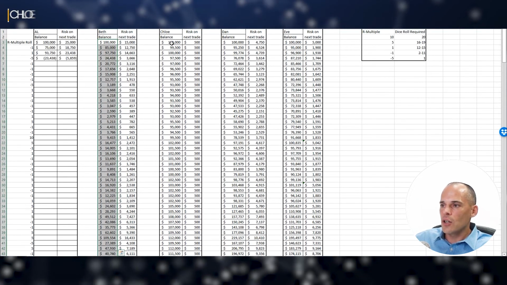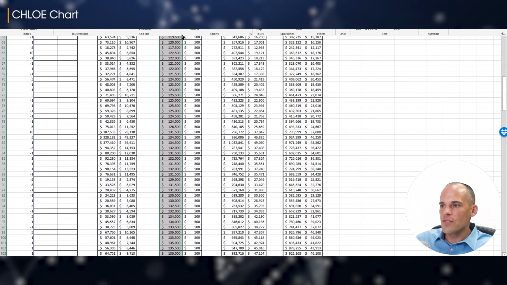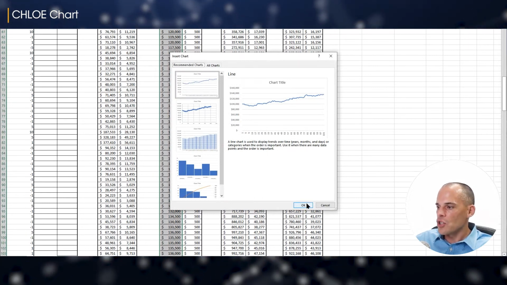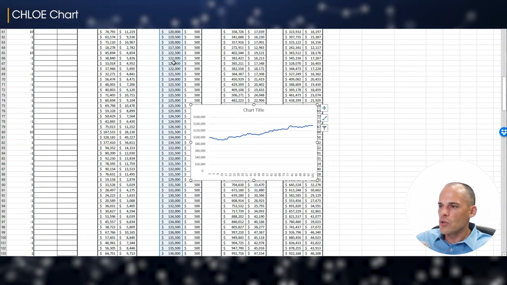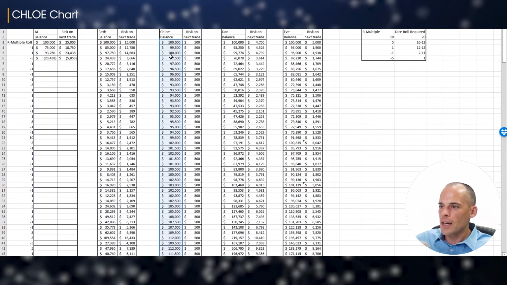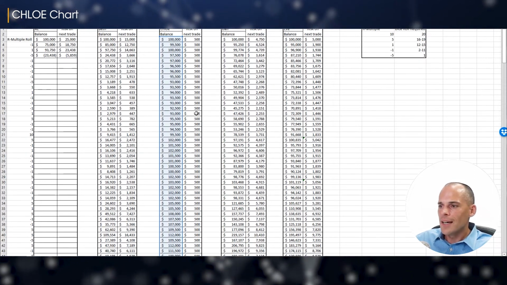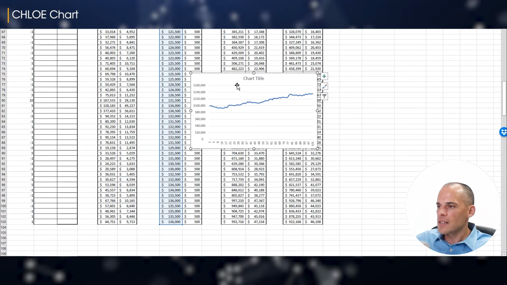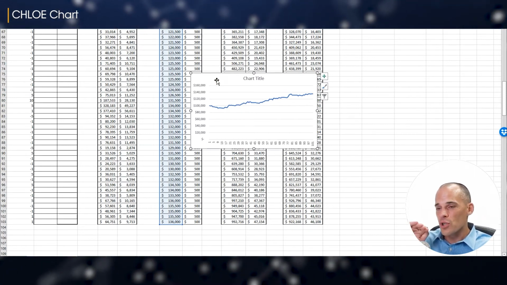Now let's check out Chloe. Chloe had an incredibly conservative position sizing strategy, just a set $500. As you can tell here by the chart, it was a nice steady uptrend, small drawdown, wasn't too severe. I mean, we look up here, the worst she got down was she didn't even break below 90,000, so at no point did she get below a 10% loss. It was a pretty small loss, and then she's had this nice steady uptrend. That's the advantage of position sizing less rather than more, as you get more of a smooth chart.